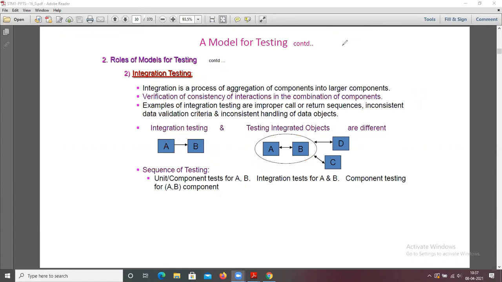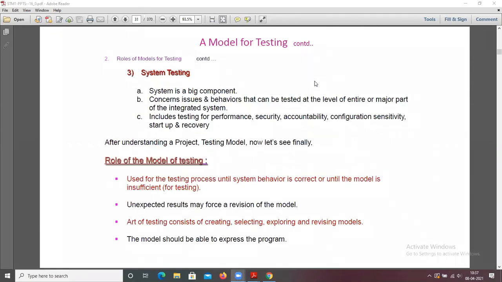So next one, system testing. A system is a big component.